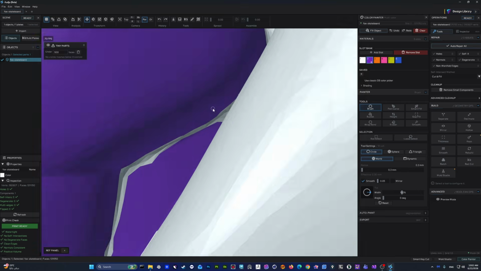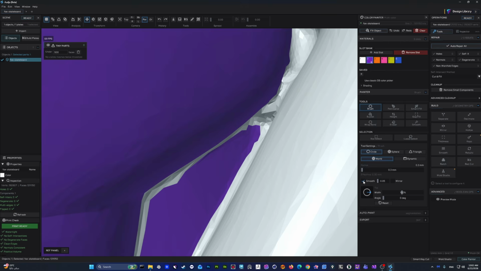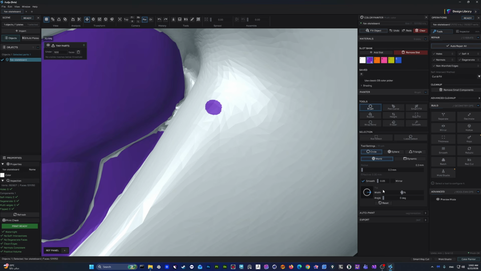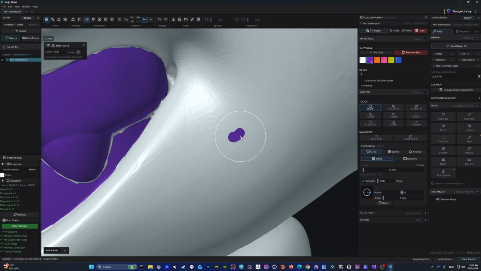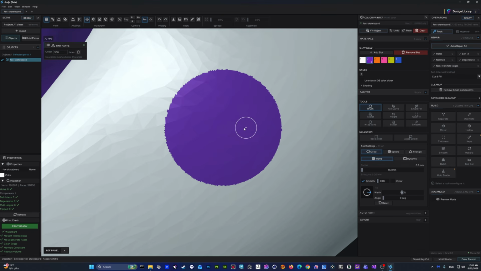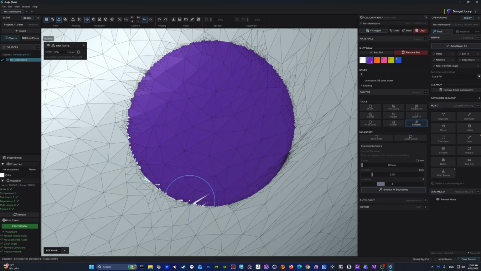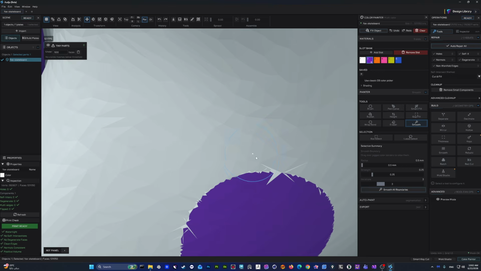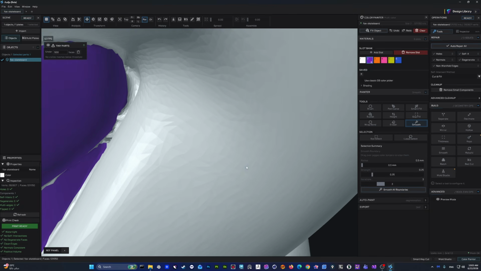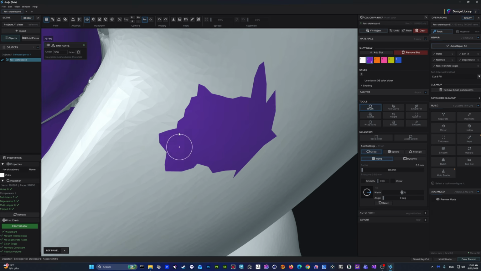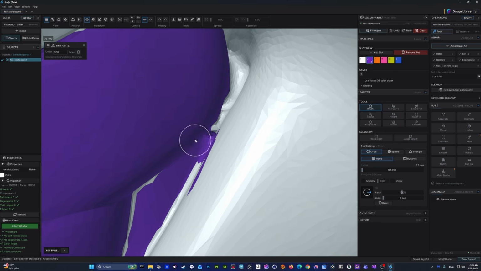If I do this and close the gaps, and make sure you don't mix the painting with unsmooth, because if we paint with the smooth, and actually it is enabled, as you can see, and I go to smooth here, and I'm gonna try to smooth the edges of the smooth one, you know, it's gonna destroy the whole mesh. As you can see, it doesn't affect good at all. So don't use the smoothed brush with smoothed brush. You gotta smooth with this. So if I'm gonna close this,